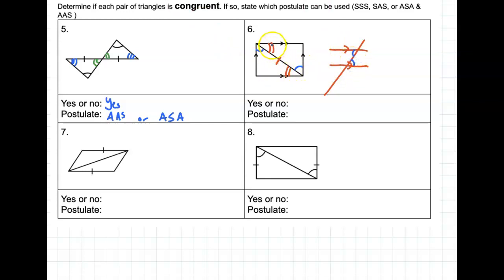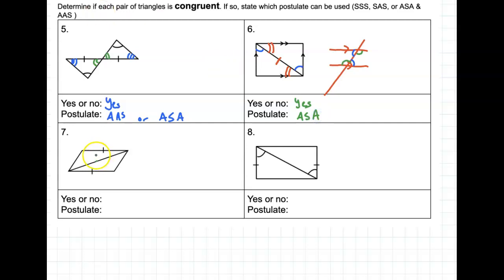That's what we have. So these red angles. And then likewise, if we look at these angles here, that's like this angle here. Same idea. So in this case, yes, they are congruent. And what's the postulate? Angle, side, angle. So we have, because these are sharing the same side, obviously they're congruent. So angle, side,